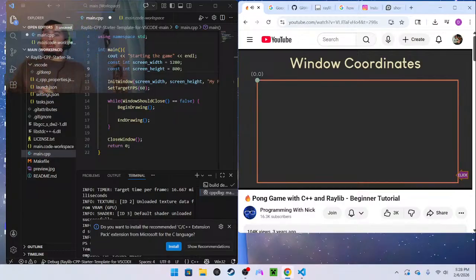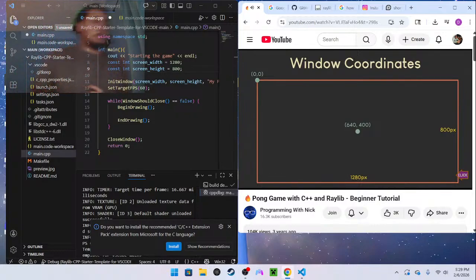So what are the x and y coordinates of the center of the window, given that our window is 1280 by 800 pixels? It is 640 by 400. It is the window width divided by 2.